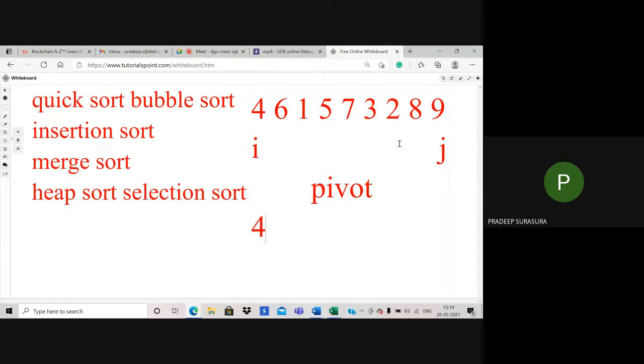Now, if i has not crossed j, then what to do? Need to think. If i and j are equal, then what to do? And if i and j have crossed,